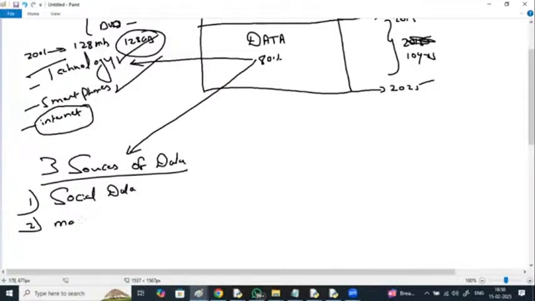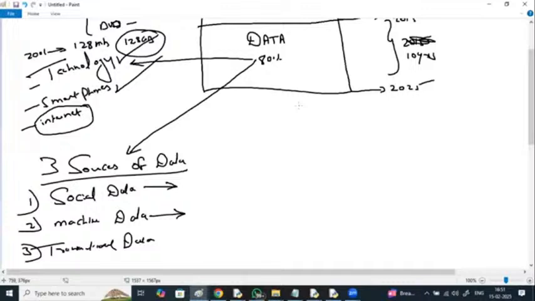Social data is generated from social websites like Twitter, Facebook, all these things. Machine data means data generated by reading or scanning RFID chips and barcodes. Go to a shopping mall, for the items you purchase, huge data is getting generated. Transactional data is day-to-day transactions.